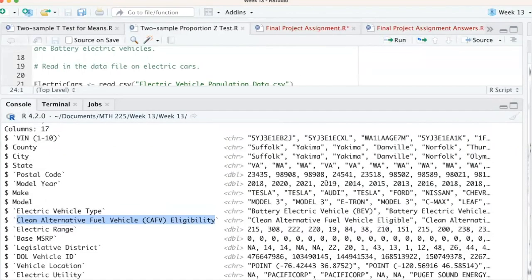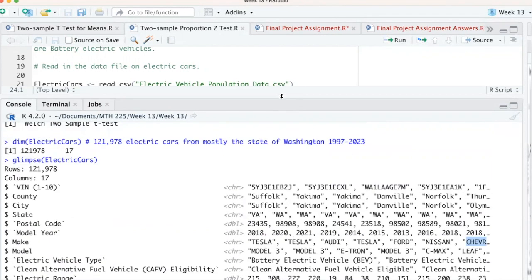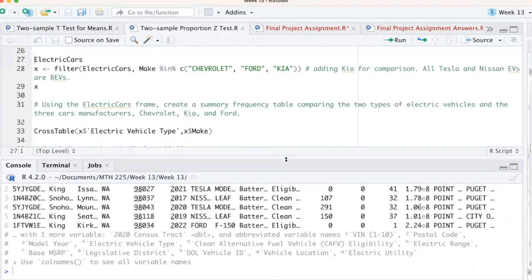Now, as you can see, we have all kinds of different makes, Tesla and Audi and Ford and Nissan and so on, Chevrolet. But we're only interested for our problem in Ford and Chevy. And so I'm going to filter out some of this data so that I do have just a couple of different car manufacturers. Okay, so I'm going to filter out electric cars, and if the make of the car is Chevy or Ford, I'm throwing in Kia there just for comparison purposes, and we'll actually use it a little